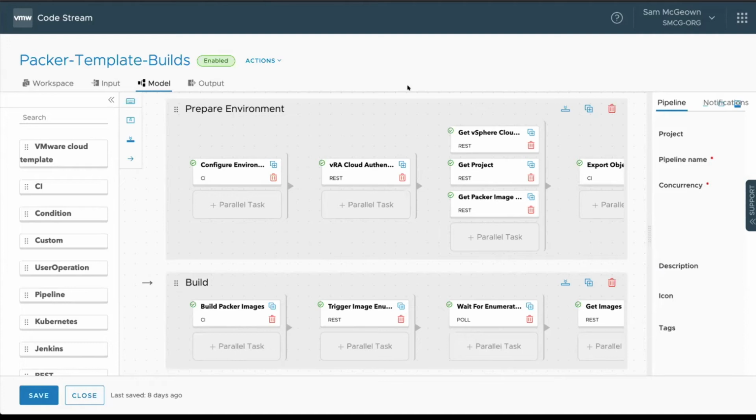But perhaps I don't want to do that as an admin. I certainly don't want to be doing it a few times a week or once a week or whenever the templates are updated. So I want to automate the building of my templates for vSphere. So in this